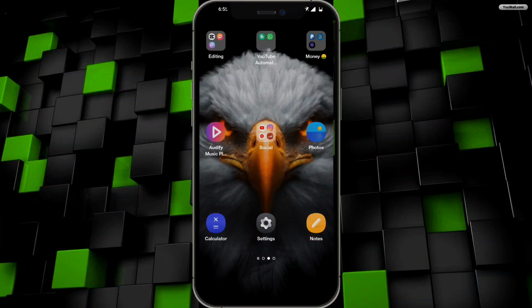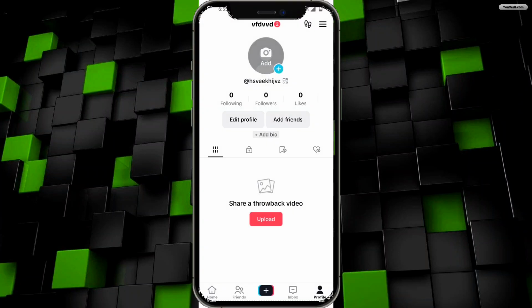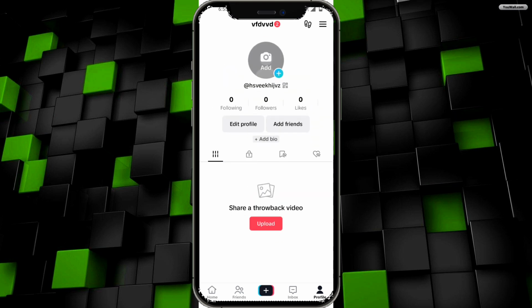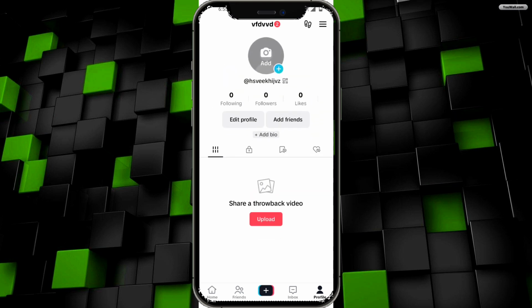How to create a TikTok business account. You want to first go ahead and open up your TikTok app and then simply go to your profile. Once you're in your profile, you want to go ahead and click on the three bars on the top right